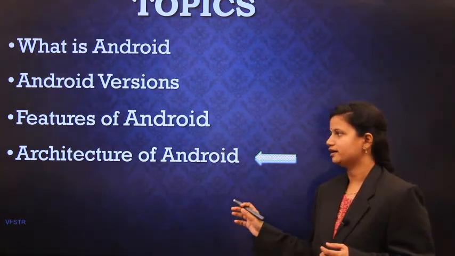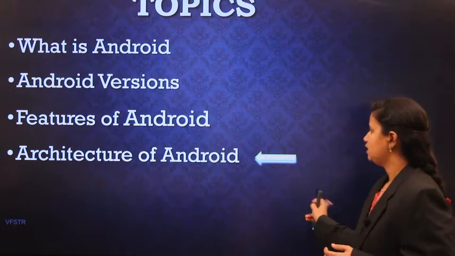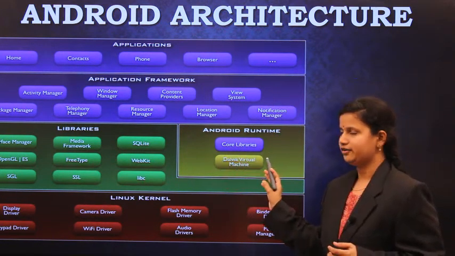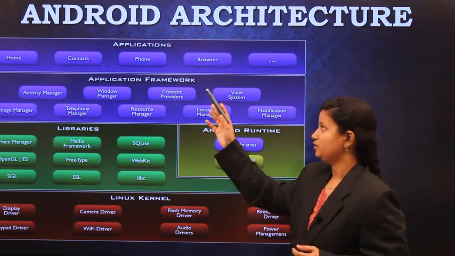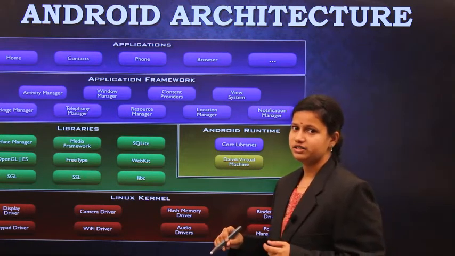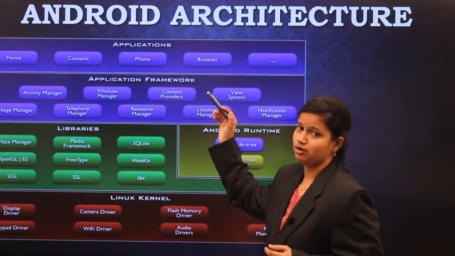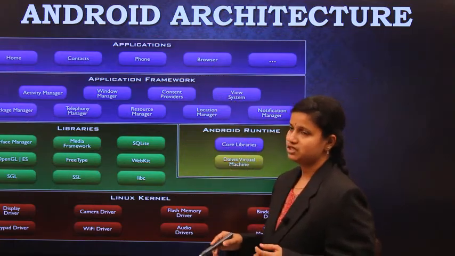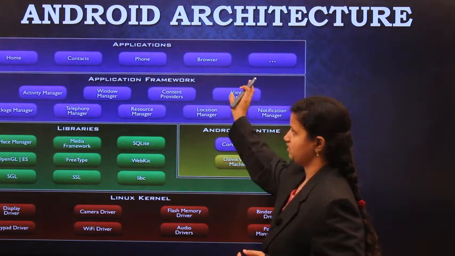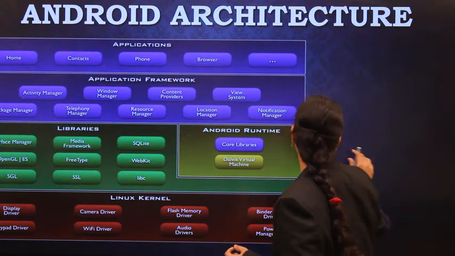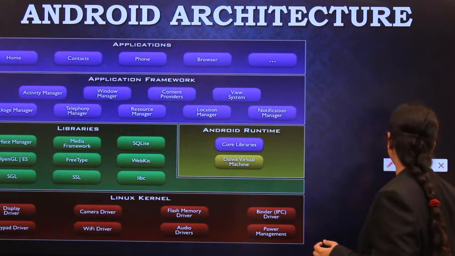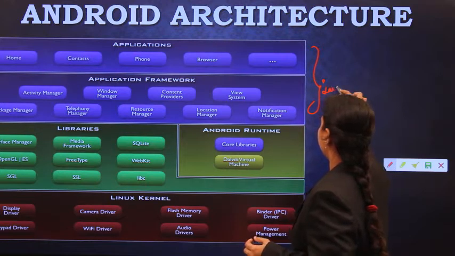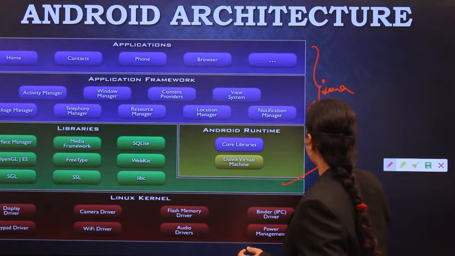The next concept is the architecture of Android. The architecture of Android we have already seen: application framework and libraries, Android runtime, and Linux kernel. When you are developing Android applications, we have to develop different applications like WhatsApp, Facebook, contacts, phones. These are the default applications. To develop all these applications, we have to write a program. So these two layers are in a blue color. Why? Because these two are developed in the Java language. And the next one is C or C++.